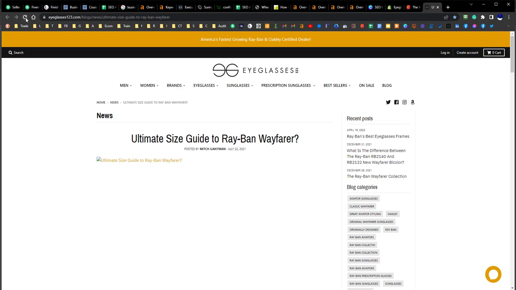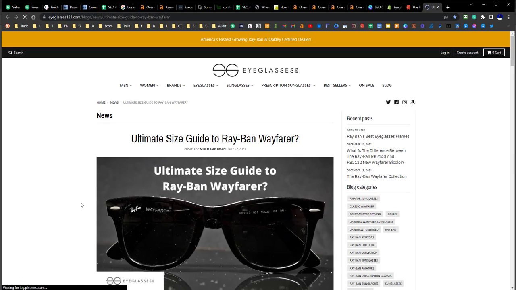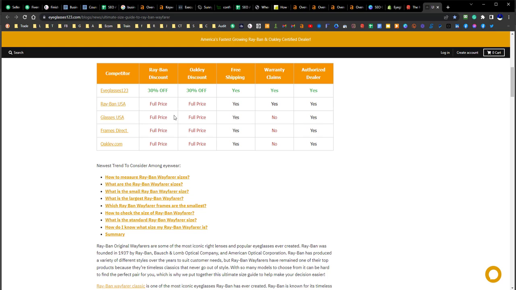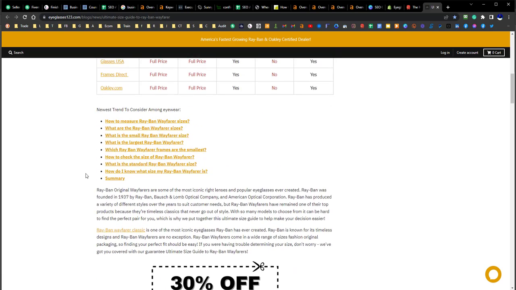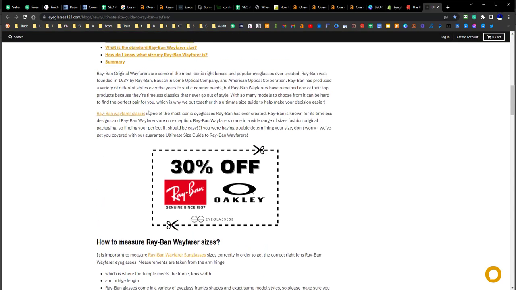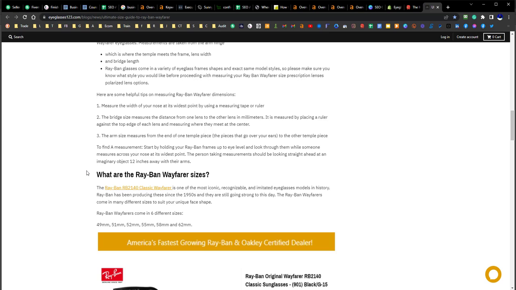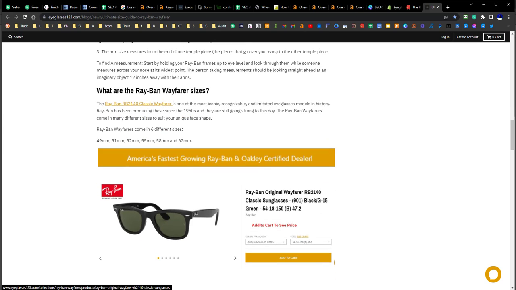So they're in the Ray-Ban space. And here we've done a graph comparing them to all of the competitors online, and pretty long base content. We have keywords here in terms of all the different models. We've identified how people search for them, either by the name or the model number.